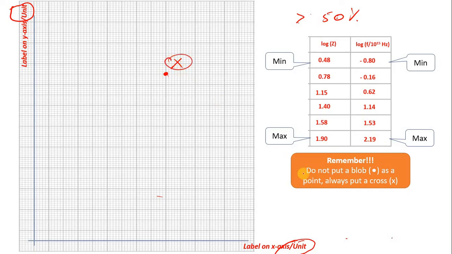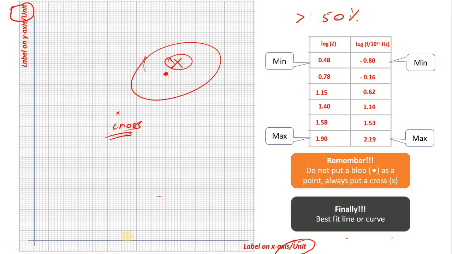Unacceptable. Instead, when you are plotting, put a cross. So you will put a cross for a given point. A blob is not acceptable, so do not do this. And another thing, do not forget to draw a best fit line or line of best fit